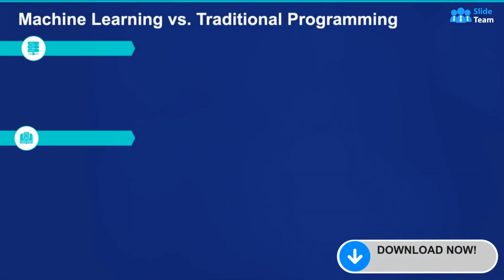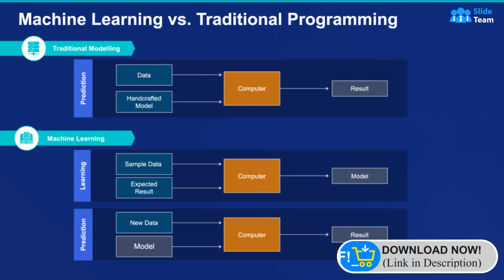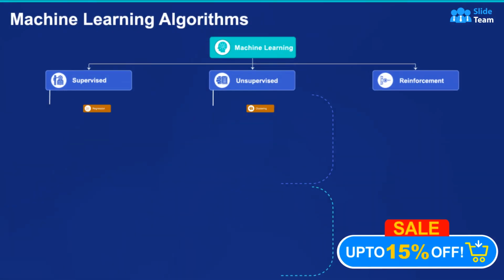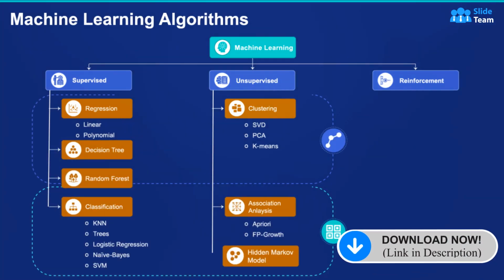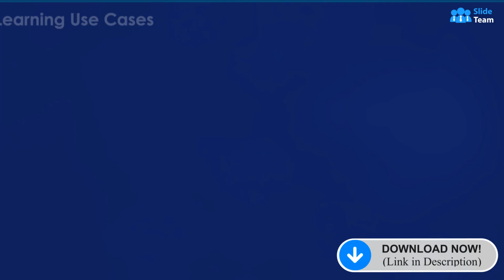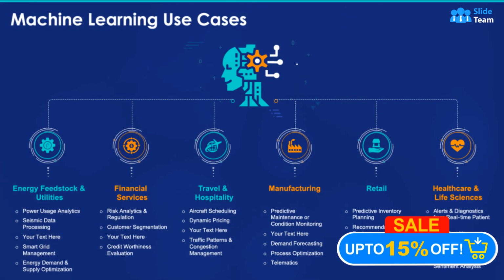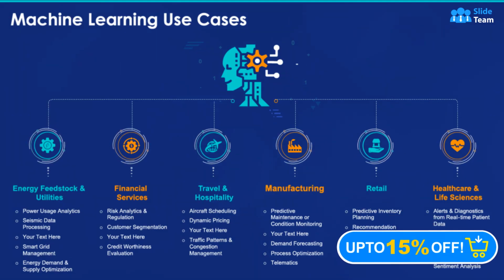This enlightening presentation clarifies the distinction between ML and traditional programming using a foolproof diagram. You will get a profound understanding of machine learning algorithms, unraveling the intricate mechanisms that power intelligent systems and enable data-driven decision-making. This unique resource also discusses ML use cases across industries, such as financial services, travel and hospitality, manufacturing,